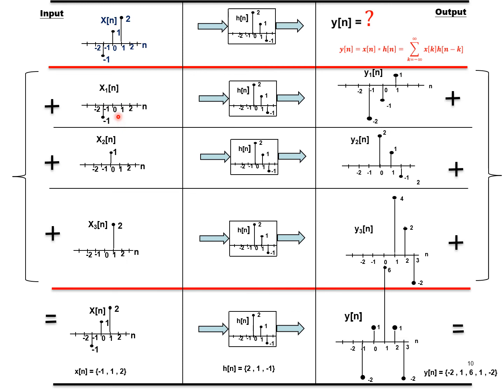I have shown in the previous demonstration, no? For unit impulse, the output was this. When I give a unit impulse to the system, the output was this. Now, if the impulse is advanced and inverted, what will be the output? That is, when I gave a unit impulse, I got this h of n. If I had given the same unit impulse advanced and inverted, what would the output have been? Yes, this is the result.